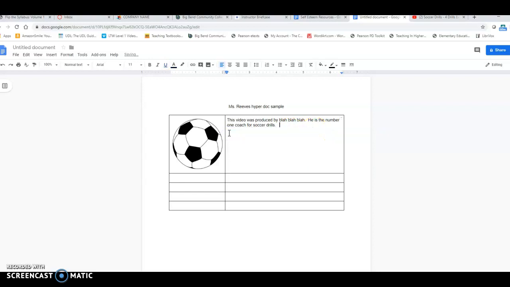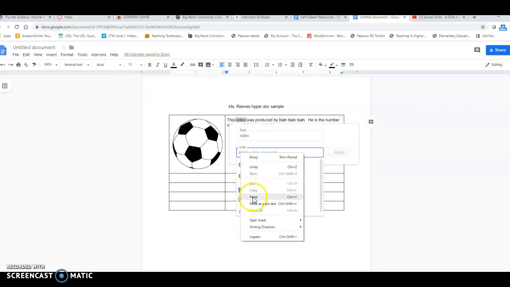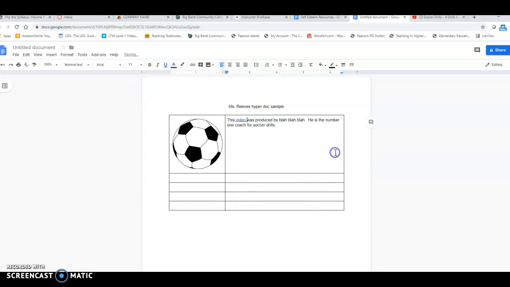So instead of doing that, we're going to go up here and highlight the word video. What you do is select it, go to link. Where's our little link? There it is, right there, insert link. Same as we did for the photo. We're going to paste our address in, say apply, and now the word video is the link, and we don't have to look at that